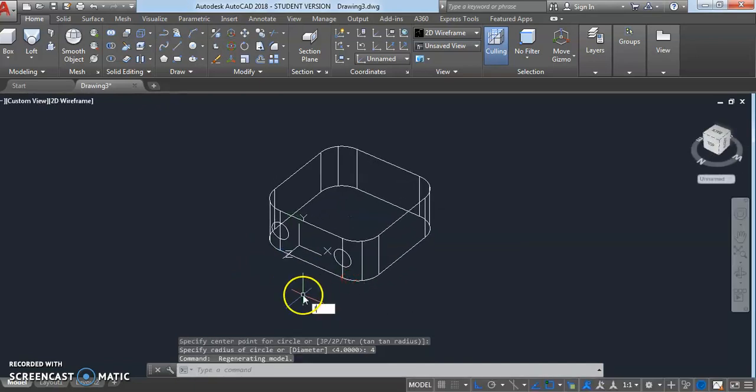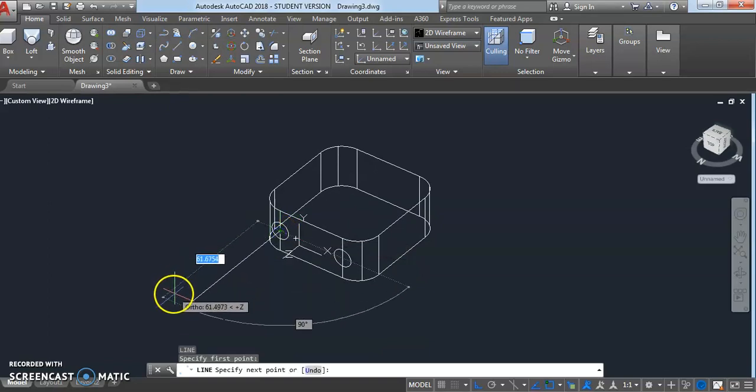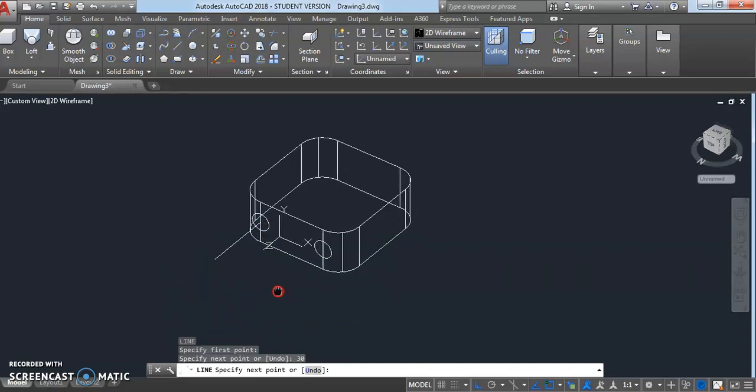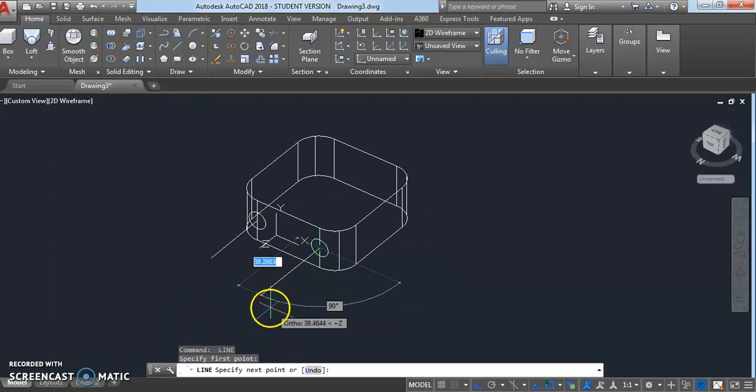Now draw a line, L, enter, select the center in this direction with a length of 30 mm, enter, and again give the length of 30 mm.